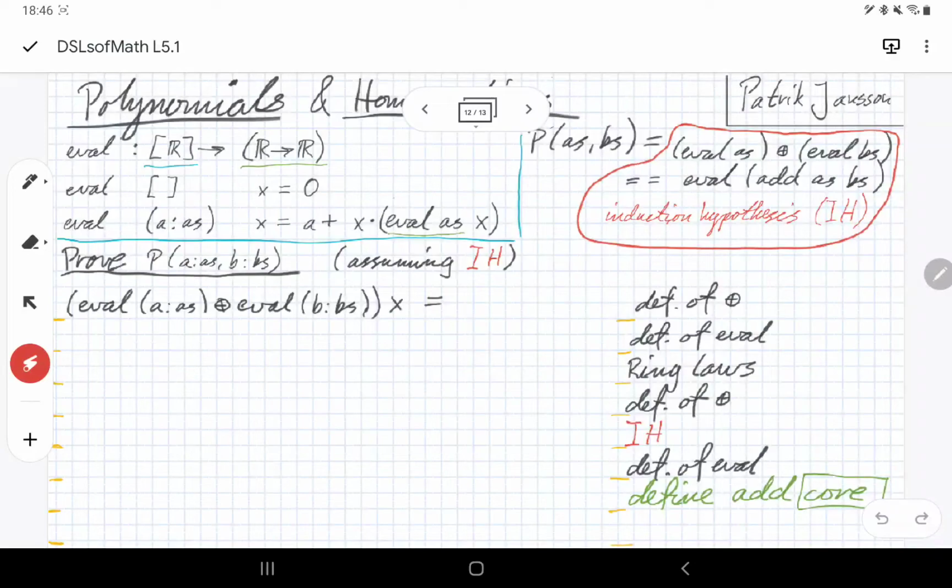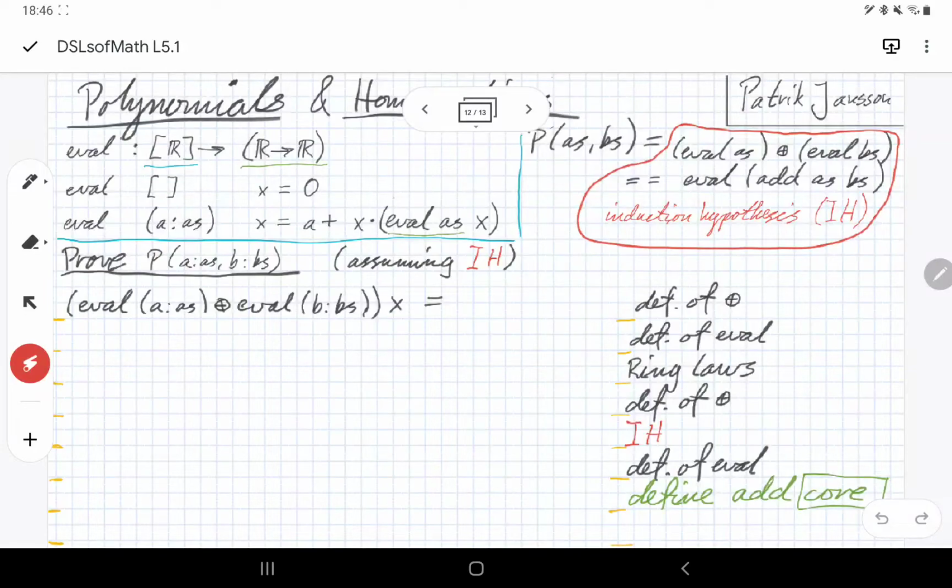Okay, so now let's try to do this proof. So we want to prove P for the extended lists, assuming the induction hypothesis. And I'm not sure why suddenly this slide has become low resolution, but yeah,